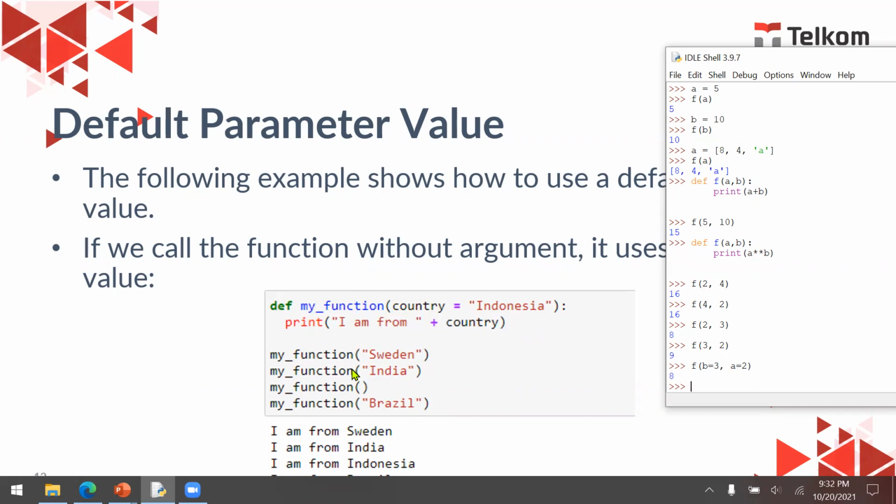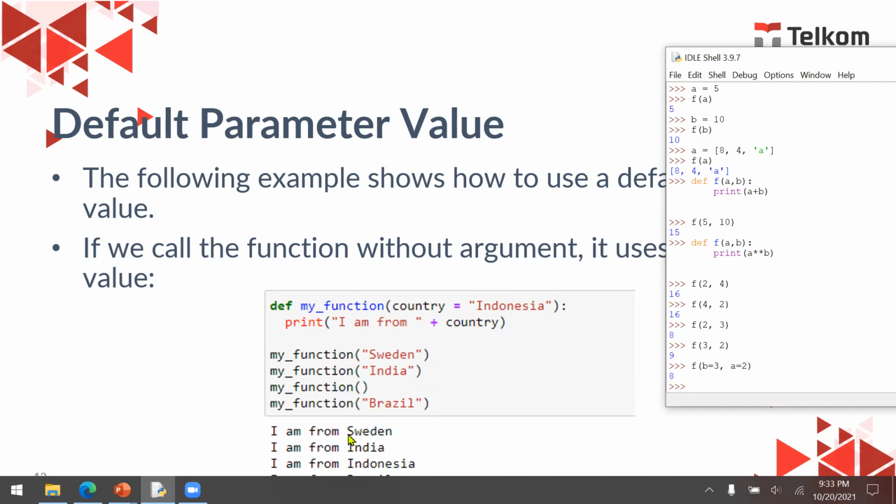So if I send Sweden as a parameter, then country will become Sweden. So it will print I am from Sweden. But if I don't send anything, like for example the third one, my_function and then blank, then the function will take the value for the country with its default value, which in this case is Indonesia.